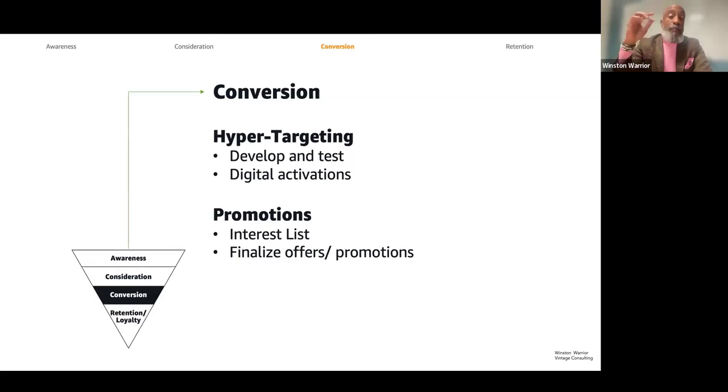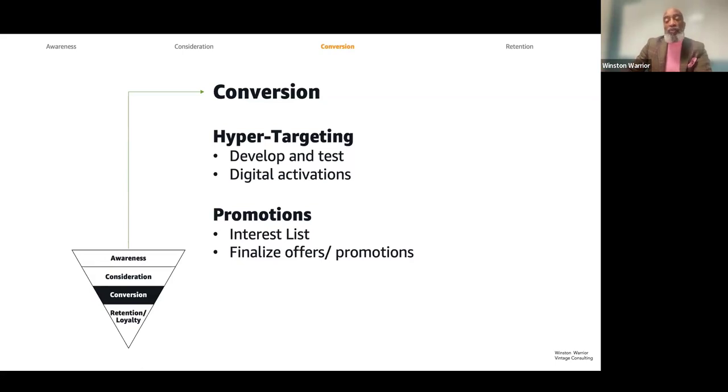I will say this, we don't talk about finances here, but you have to make sure that your offer and your promotion isn't too rich, because what you don't want to have happen is people take advantage of your promotion and then they don't understand the value of what you're doing and then they leave you after the promotion. You don't want that to happen.